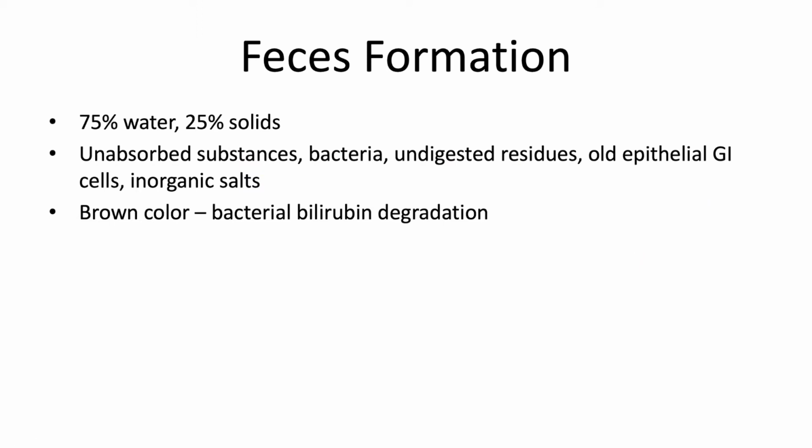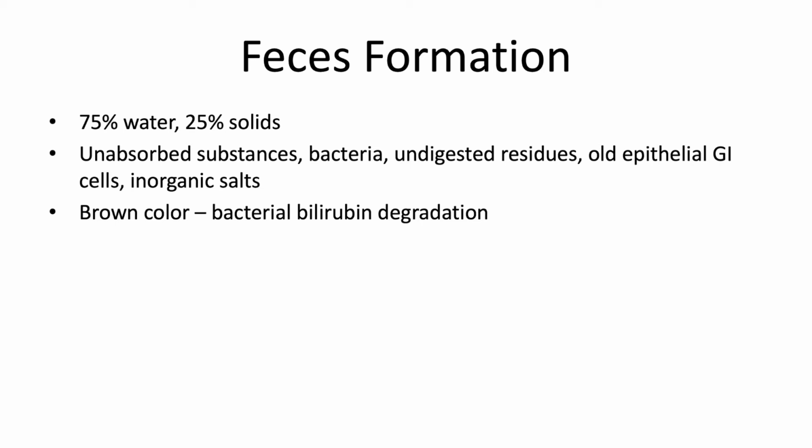Now we go to feces formation. The normal feces are roughly 75% water and 25% solids, because water helps for smoother defecation. The solid component is composed of unabsorbed substances, bacteria, undigested food residues, all epithelial cells from the GI tract, and